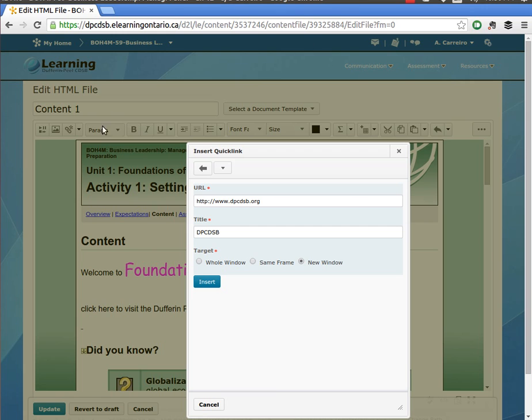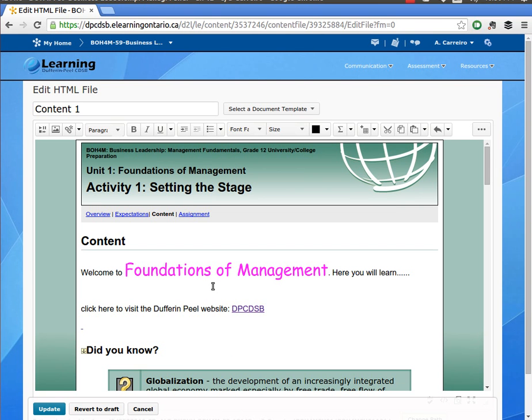And what this does is essentially it opens up a new tab, and it'll pop you into that new tab. When the student wants to go back to the lesson, they can just simply close that tab or keep it up for reference. So I'm going to hit new window, and I'm going to hit insert, and there you go,